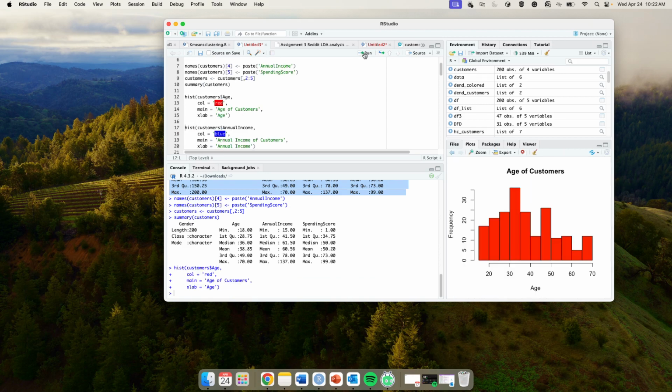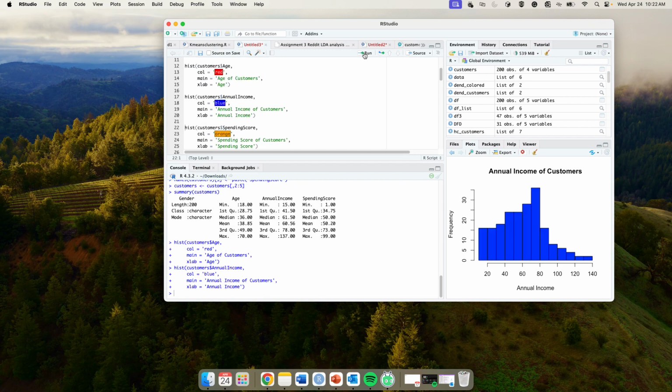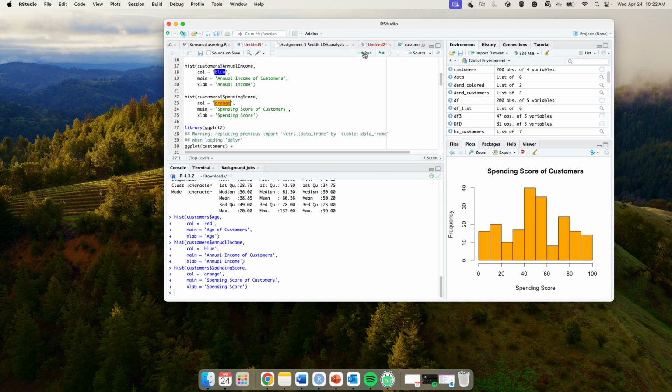Here we go. Here's an age of customers chart, frequency and age. Here's an annual income chart, the basic annual income and the frequency of that: how many of the participants make a certain amount of income. Here's a spending score based on how many customers have that score. So basically all those are descriptive statistics. I'm sure you are familiar with that. You can run lots of different ones. But what we're going to do now